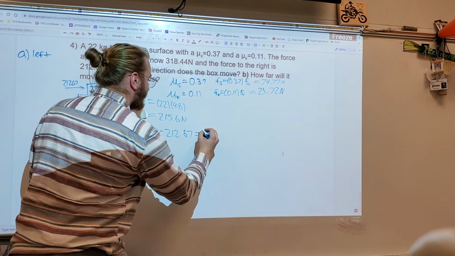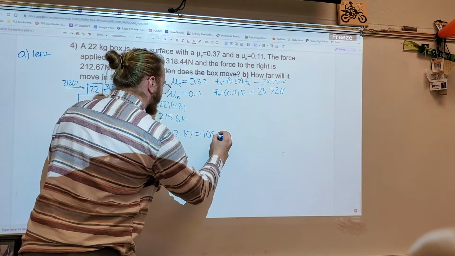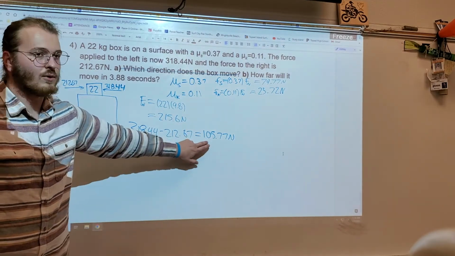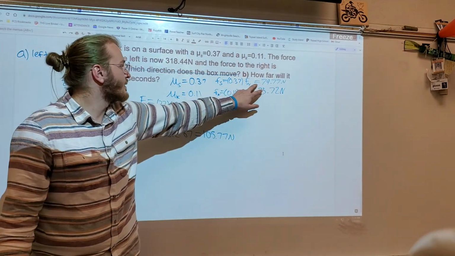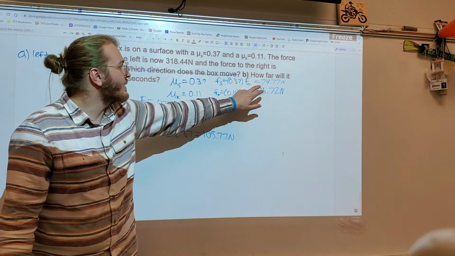That gives us a net force applied on the box of 105.77 newtons. This net force is larger than our static frictional force,